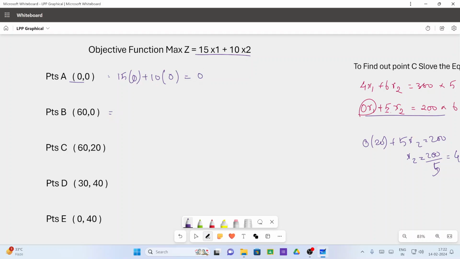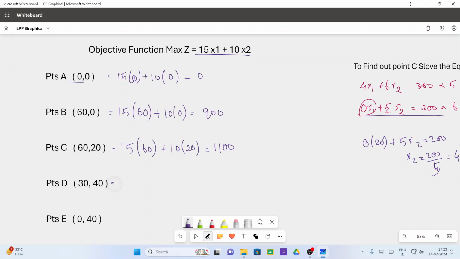For the next one it is going to be 15 into 60 plus 10 into 0. This value is going to be 900. And for this it is going to be 15 into 60 plus 10 into 20, which is going to be